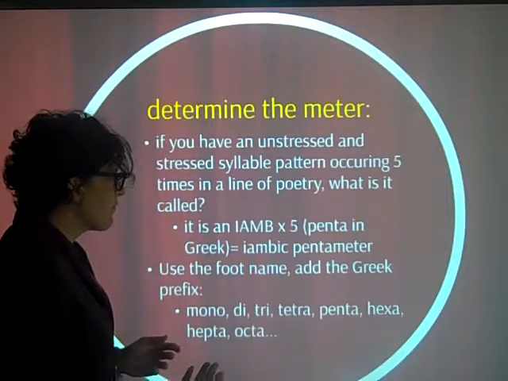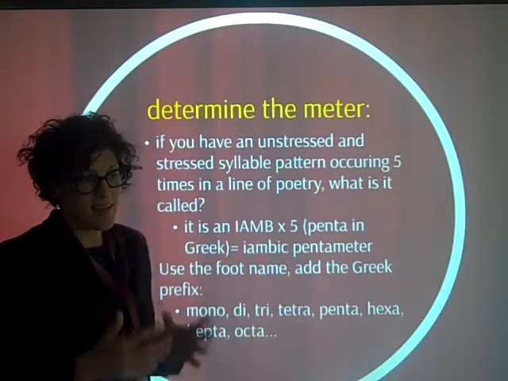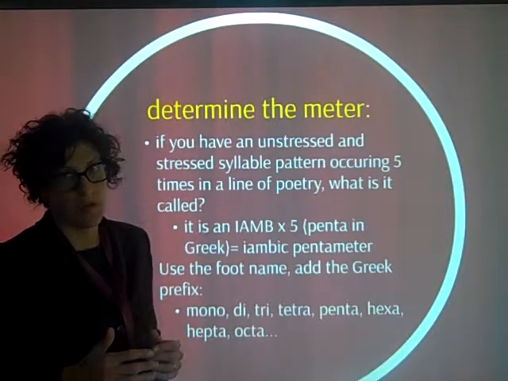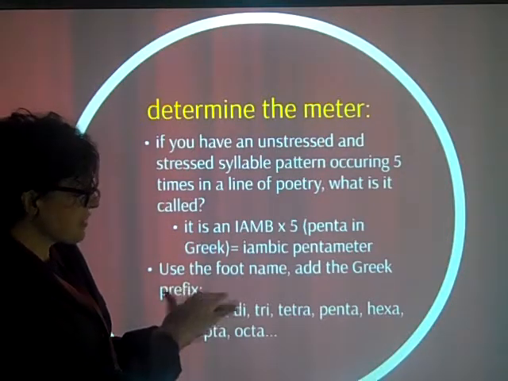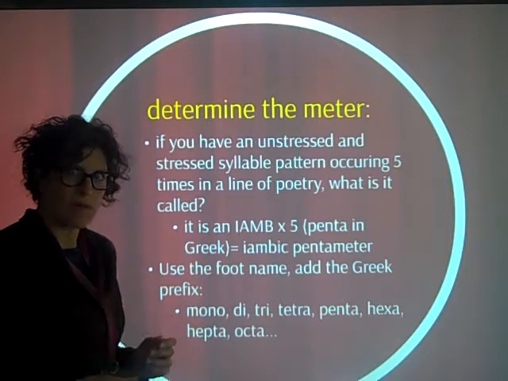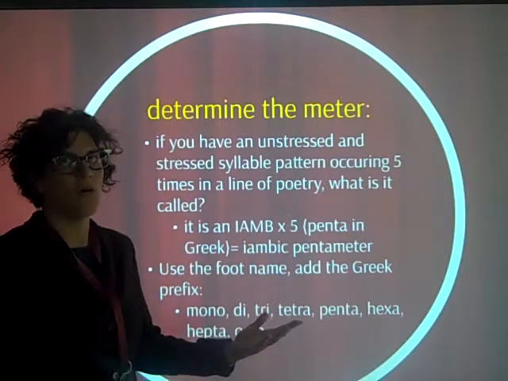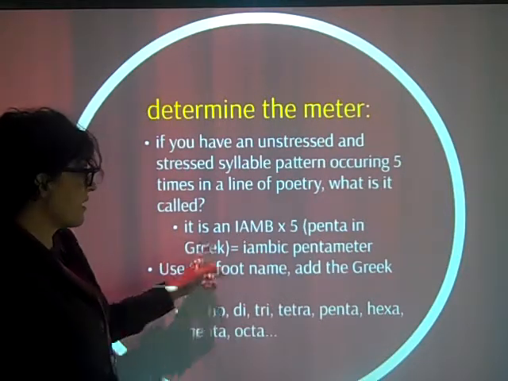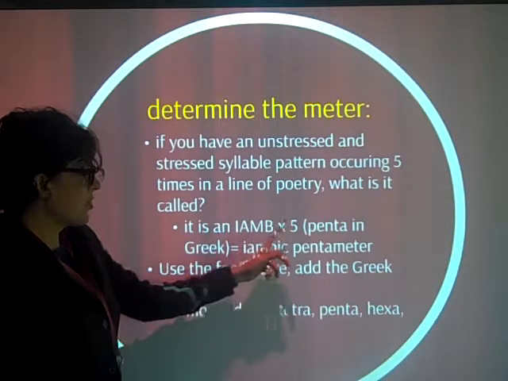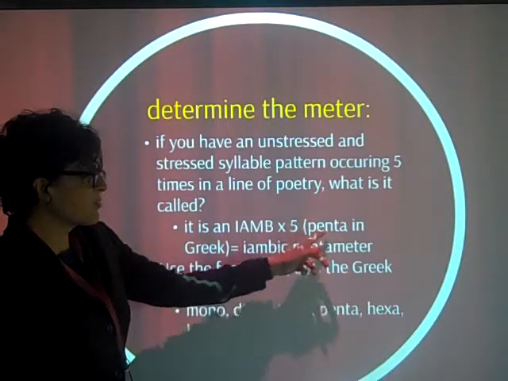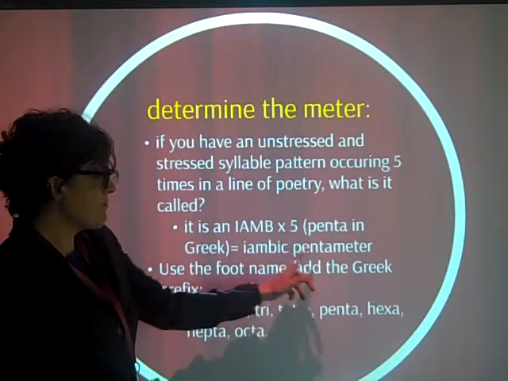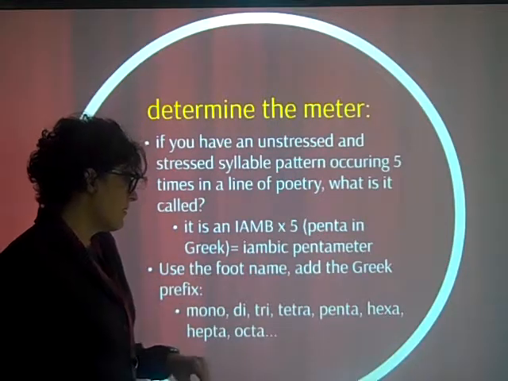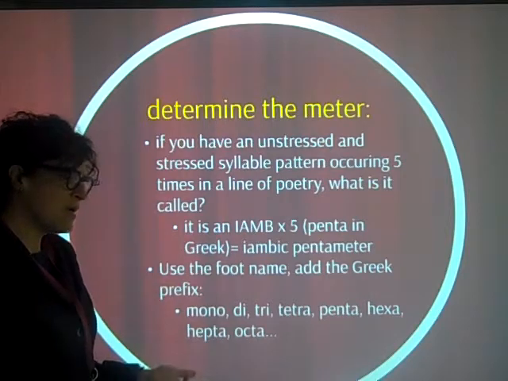But when we're looking for a pattern, we want to talk about how many times it occurs in a line of poetry. So for example, if I have an unstressed and then a stressed pattern repeating 5 times in one line of poetry, what is that called? Well, you look at it like this. An iamb occurring 5 times, we'll refer to it using the Greek root penta and call it iambic pentameter. You do that with every sort of meter,